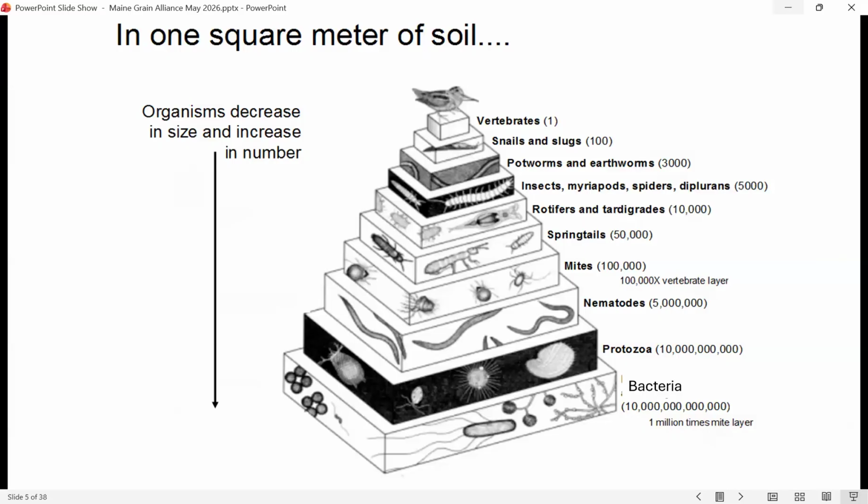I won't pause too long, but fungi. No, I'm trying to think. Oh, is it fungi? Yeah, fungi would be the one I would expect to be in here, because microbes, and